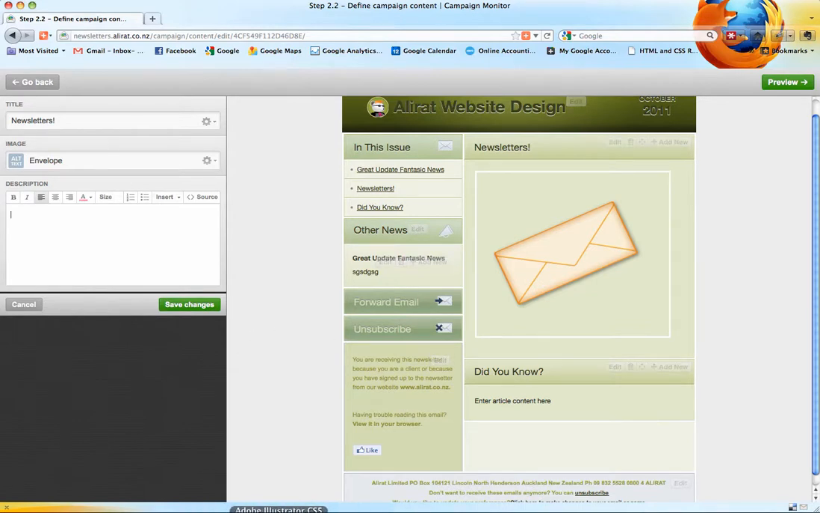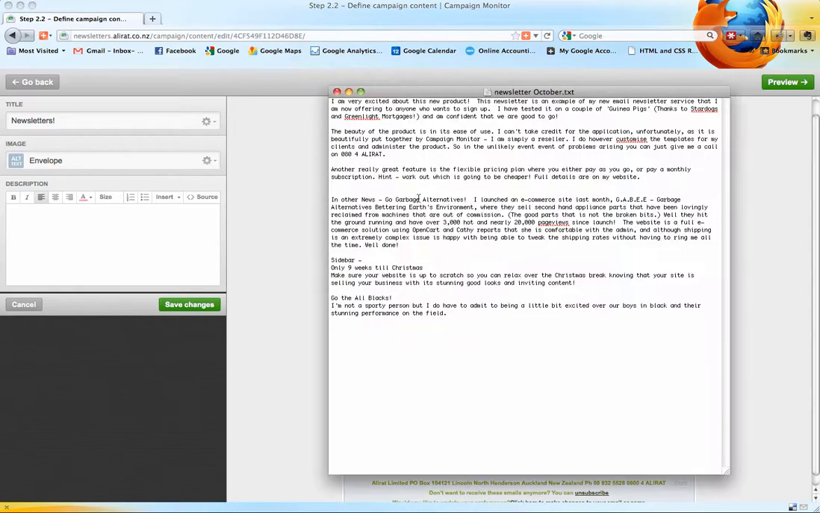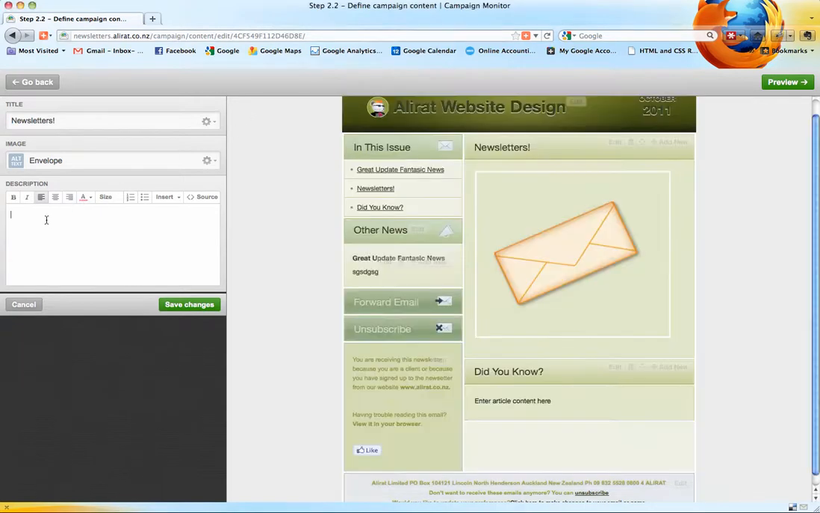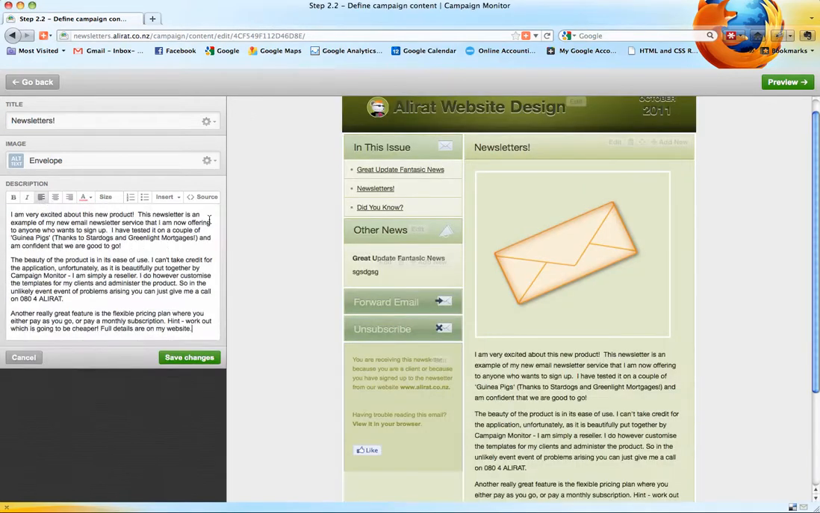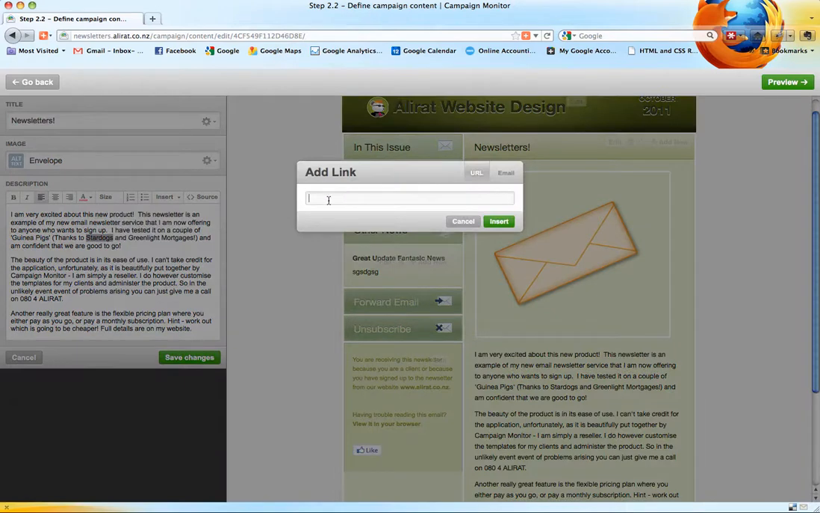So now I'm going to put the text in, which I've prepared here. I'll just copy and paste this and put it into the text box there. You can also put links in. So thanks to Stardogs, I highlight Stardogs and insert a link. Put the full URL in. That includes the HTTP ://